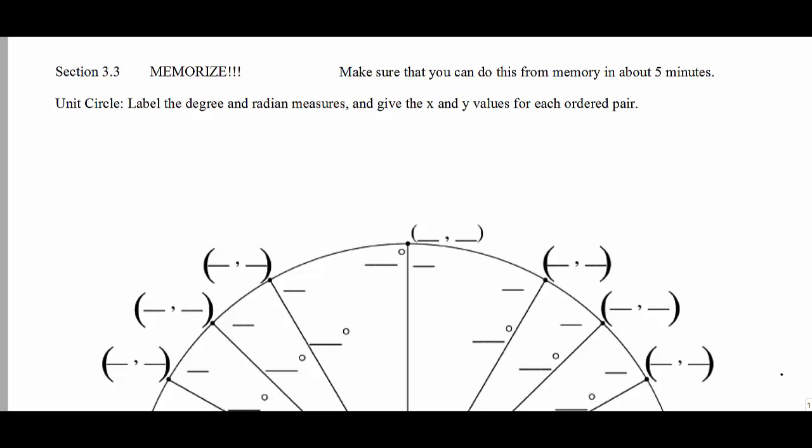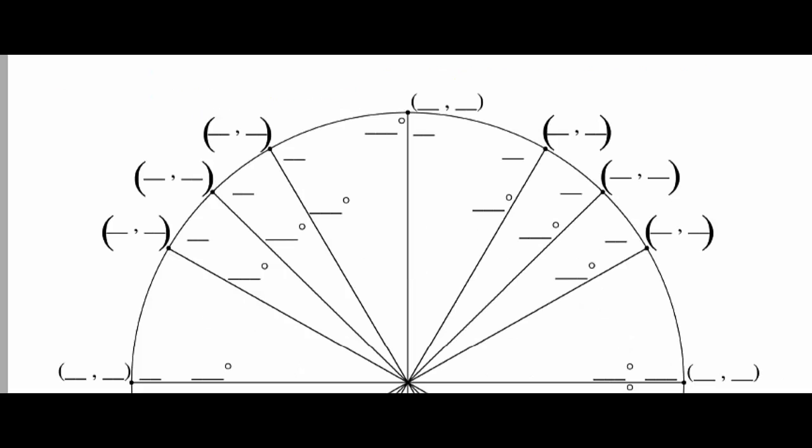You should be very familiar with the unit circle, and in fact, you should be able to label the degree and radian measures and all of the x and y values for each point on the unit circle in about 5 minutes. So in this video, we want to look at how we might go about doing that. Let's start in Quadrant 1,